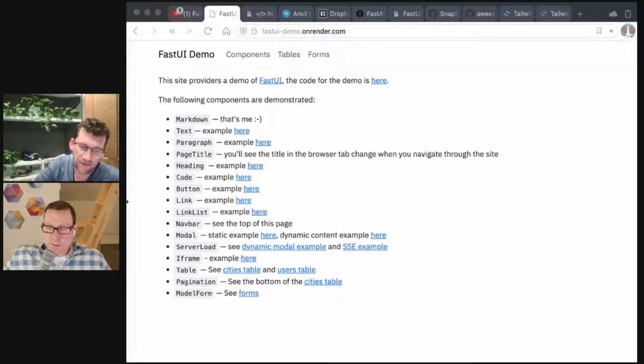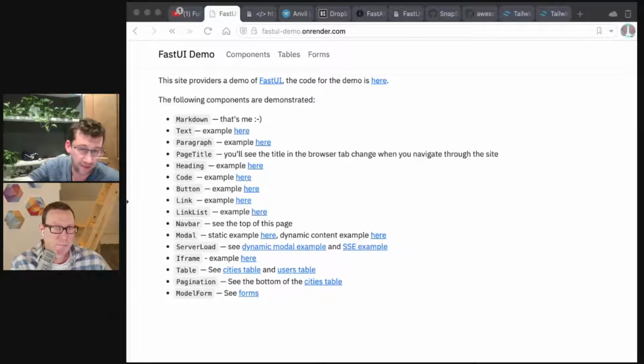Yes. So we have the generic markdown component, which will go off and render the markdown. This table itself is implemented using the markdown component. Just one side note: the markdown and the code components, because they have quite a lot of JavaScript associated with them, are lazily loaded to make the pre-built FastUI app faster to load.